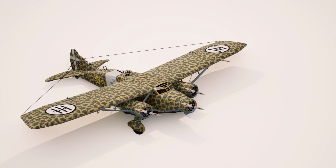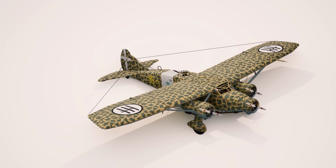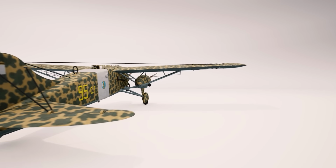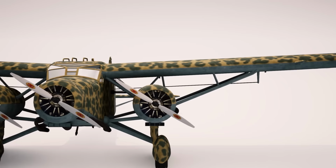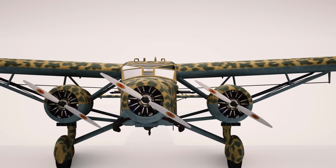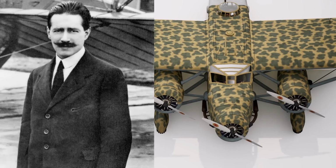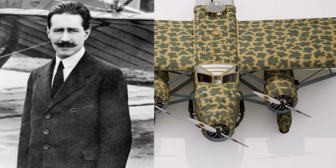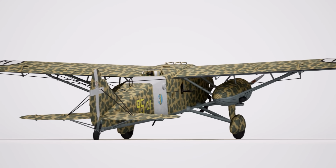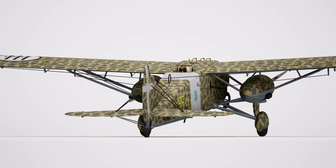The Caproni Ca.133 was a three-engine, high-wing, medium-sized aircraft that was developed by Aeroplani Caproni in Italy. Designed as both a colonial bomber and a transport, it became one of the Regia Aeronautica's most widely used, and, let's be honest, most repurposed planes. It was also the last aircraft personally designed by Giovanni Caproni, the legendary founder of the Caproni Company, marking the end of an era. Praised for its rugged construction and ease of piloting, the Ca.133 earned a solid reputation among